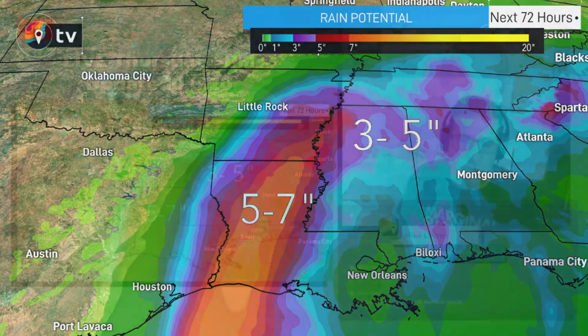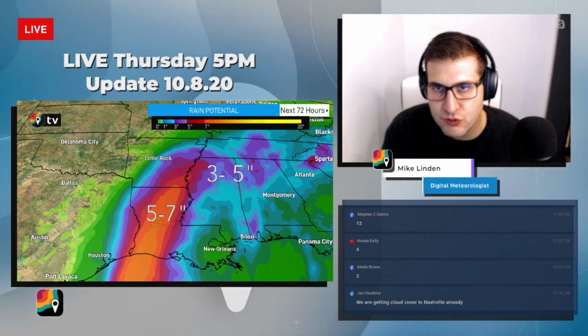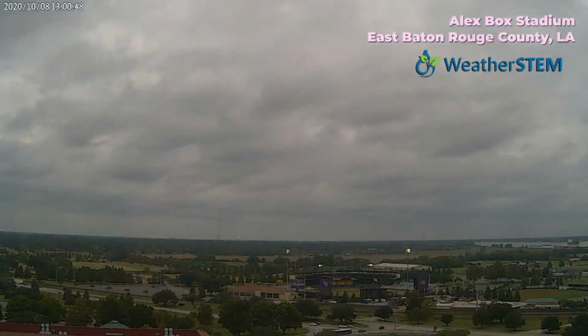If you have any questions for me, Matt, let's take a look at that WeatherStem camera from Baton Rouge, overlooking Alex Box Stadium, courtesy of our partners at WeatherStem. And right in the foreground of the shot there, you can see the baseball stadium for the LSU Tigers. Probably not going to be playing too much baseball,